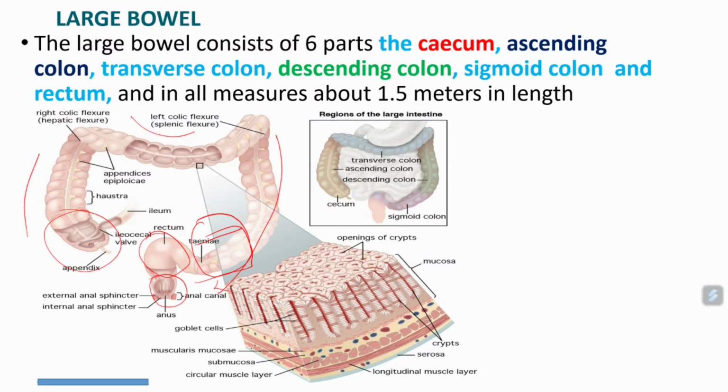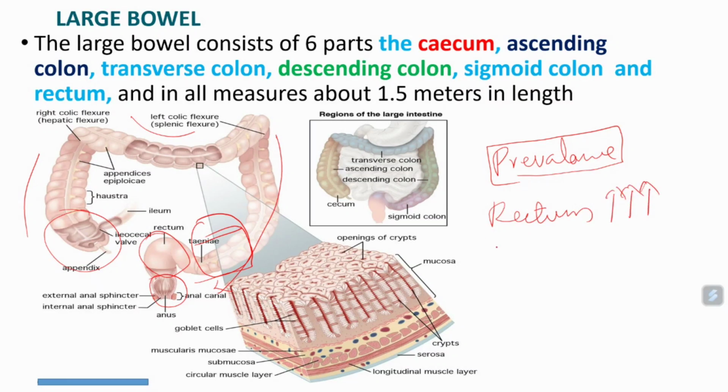Okay, so in the previous class I already told that the prevalence of colorectal cancer increases from the rectum. Actually, in the rectum, the colorectal cancer probability is very high. And then tumors are seen in the sigmoid colon. Initially, it is very high in the rectum, and then it is seen in the sigmoid colon, and then